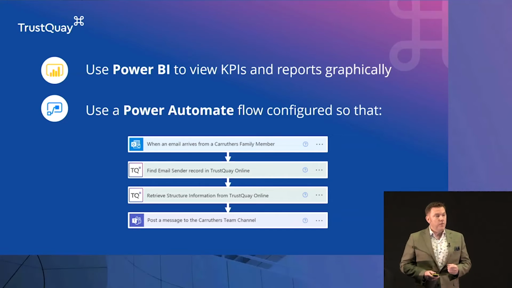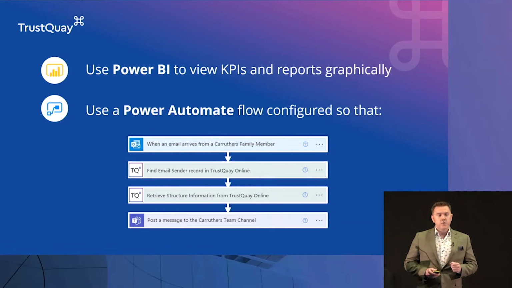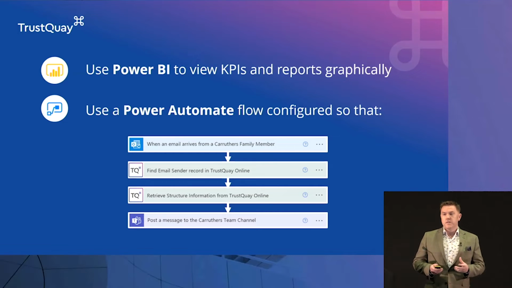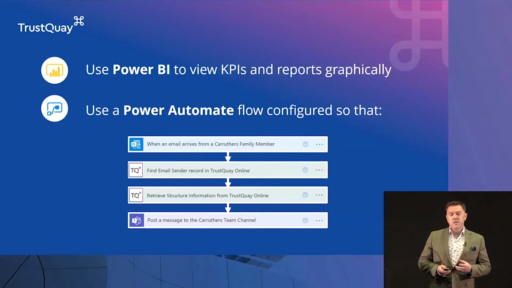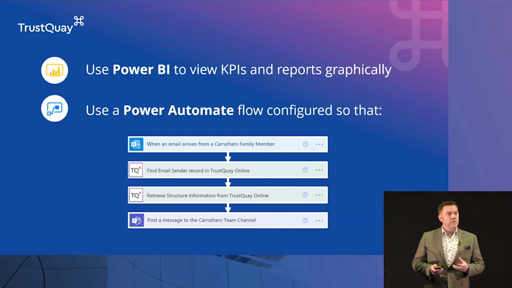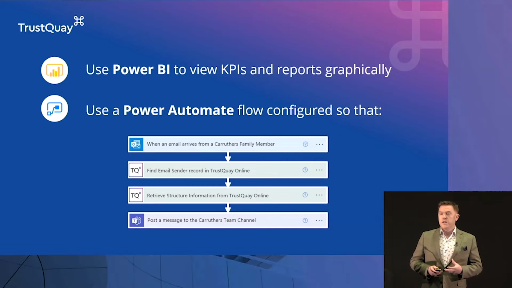an email. And we've had a problem in the team where the client director earlier said we've missed a few Carruthers emails that have come into people's inboxes. We're not giving the best customer service. So we've used Power Automate and licenses that you get when you buy TrustQuay Online, actually, to set up a flow that when that email comes in, and because we've already got a Teams channel for the Carruthers family, we want to drop that notification and get it so the whole team can see that this high importance email has